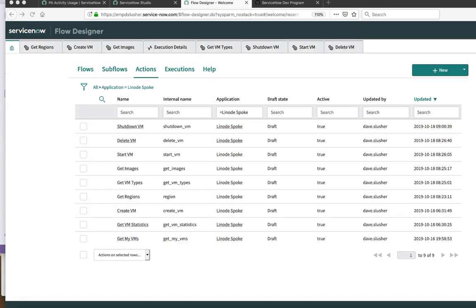I'm going to now share my screen, or at least attempt. Let's see if that actually works. Hopefully that did. So what we're looking at now is the state of the actions of my spoke. You can see that I have fleshed this out now. Everything is prefixed, with one bit of inconsistency: get VM statistics is not. But get the VMs, get the regions, get VM types, get images, these are all the data gathering actions that we were working on the previous times. Then we have some actions over here that basically are acting on the VMs.